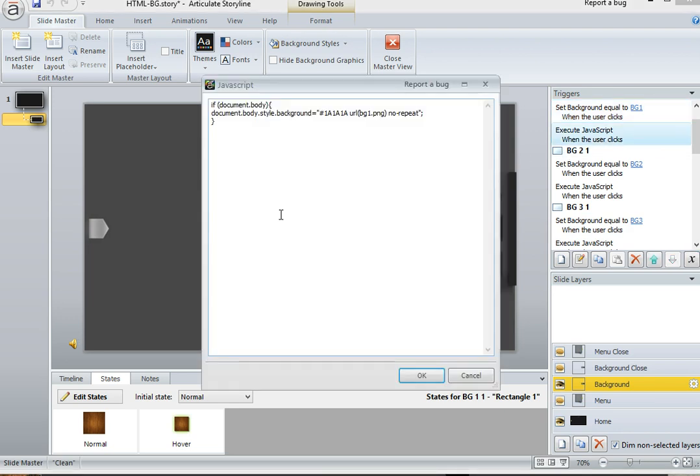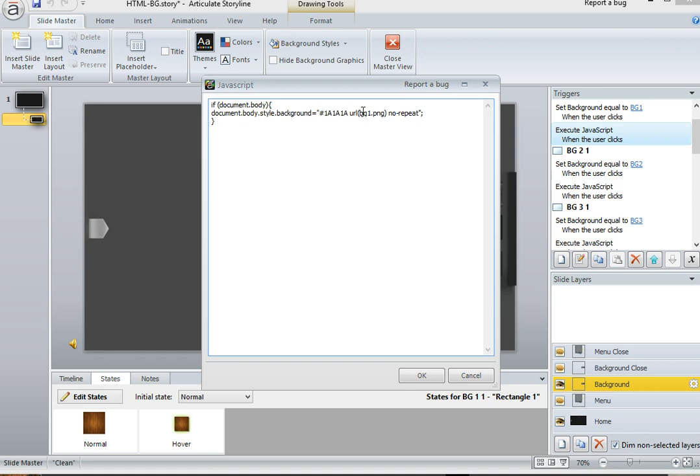So the JavaScript looks familiar. It's the same code that you manually typed into the story.html file, except I've also put in a color number here. It's just a hex number that, if you have a larger file that might be loading, you may want to change the background color while that loads in, or not. It doesn't really matter, but I put it in there so you could see that you could actually add another parameter in here. You can also add sizing parameters and alignment,